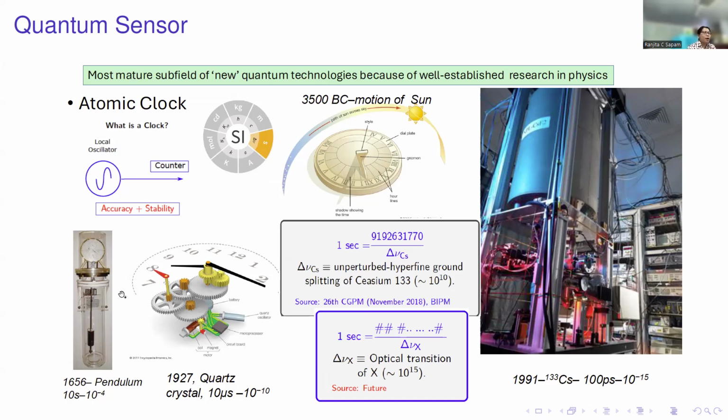It evolved with time. We have seen the pendulum clock, and after that the quartz clock. The quartz clock is the one which we use everywhere in houses. All the wall clocks and all the rituals generally are based on this quartz clock. And after that, the present definition of the unit of the second uses the cesium ground state, which is a cool cesium trap in a magneto-optic trap, and we do the interrogations.